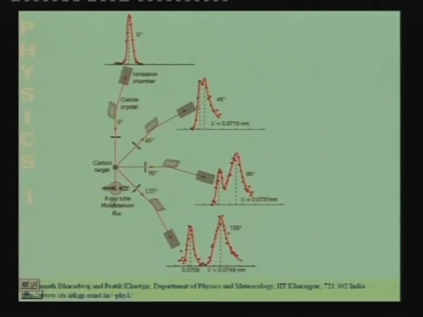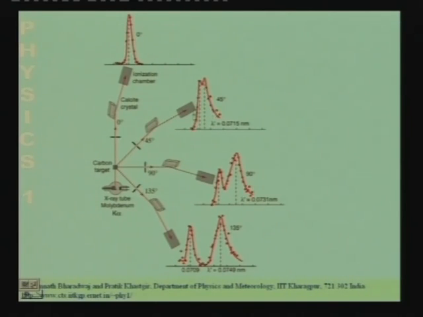Now, the particular X-ray source is such that it produces X-ray in a very narrow band centered around a single frequency. So, it produces an X-ray spectral line centered around a particular frequency or wavelength in a very narrow band around this wavelength. And the quantity shown here is the spectrum as measured in different directions, that of the scattered X-ray in different directions. Now, if you look in the forward direction, the scattered X-ray is found only at the same wavelength as which was incident, but at other angles